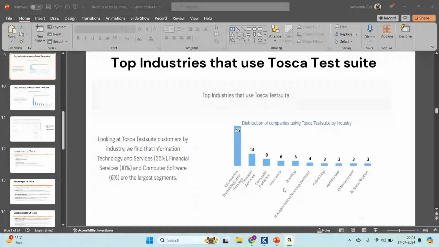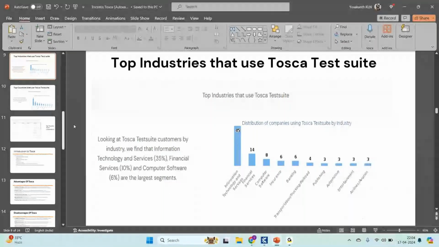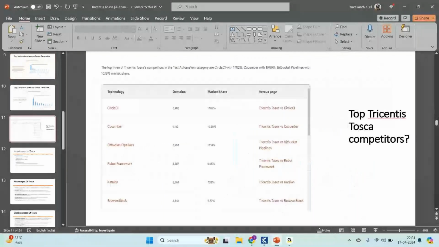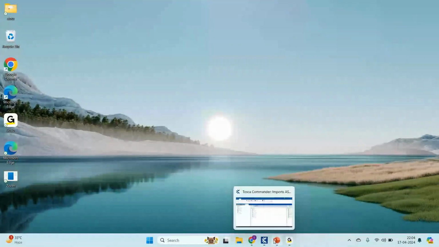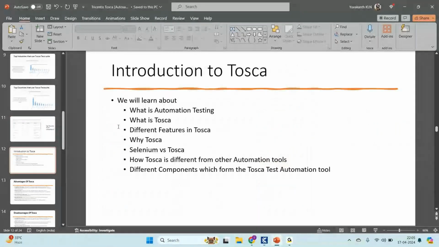Till you were saying there are the competitors for Tosca. Yeah, I'm coming back there. That is what I was telling. When I started with Tosca, I only had two companies. I surely knew that if I had to leave this company, the other two companies would be hiring me. Now I have lots and lots of opportunities, because it's a scriptless tool. So absolutely no need to learn any scripting. We have already learned what automation testing is and its different features, and we will also learn what are the